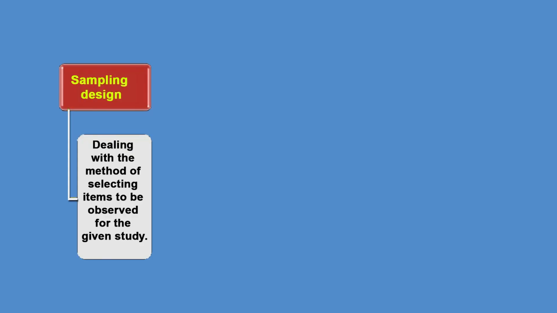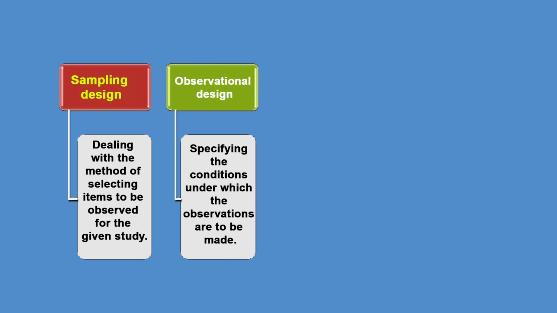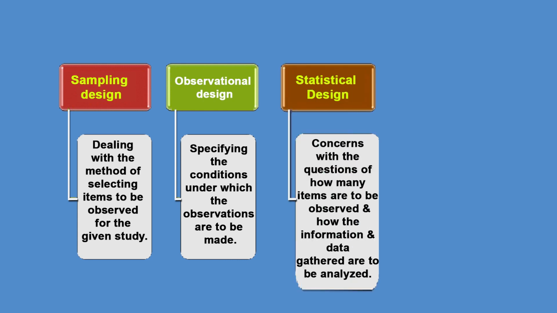The sampling design, dealing with the method of selecting items to be observed for the given study. And second one is the observational design, specifying the conditions under which the observations are to be made. And the third is the statistical design, taking into account the quantitative and statistical aspects of the design, which concerns the questions of how many items are to be observed and how the information and data gathered are to